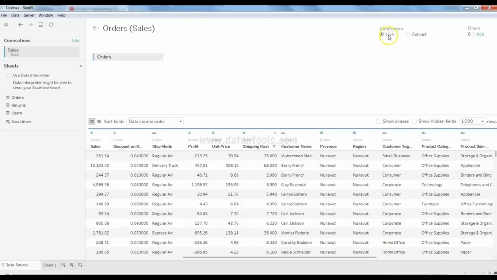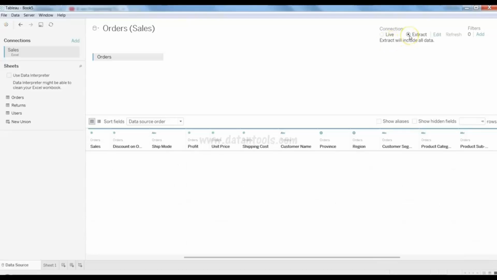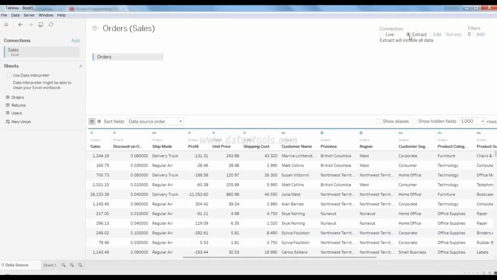There is a small piece of information on live or extract. So live is connected online, a live connection. That means if anything changes in the Excel workbook, or if you connect to a server and anything changes over there in a database, it will be changed over here. It is sometimes considered a little bit slow as compared to the extract, where you extract all of the data within the Tableau system and then use it in the workbook, which is stored in memory, and then the operation is comparatively fast once you are doing any manipulation, data visualization,